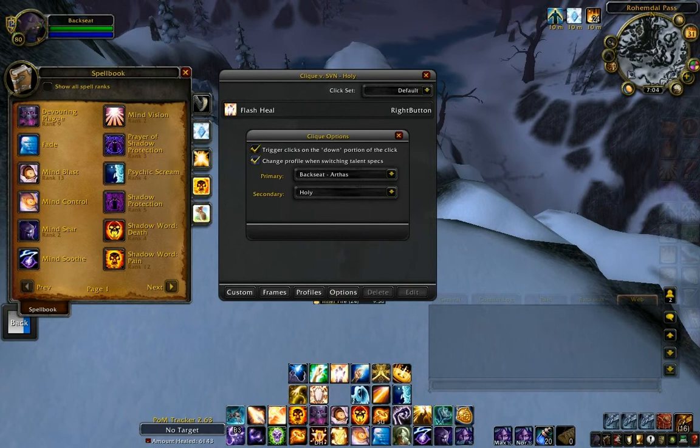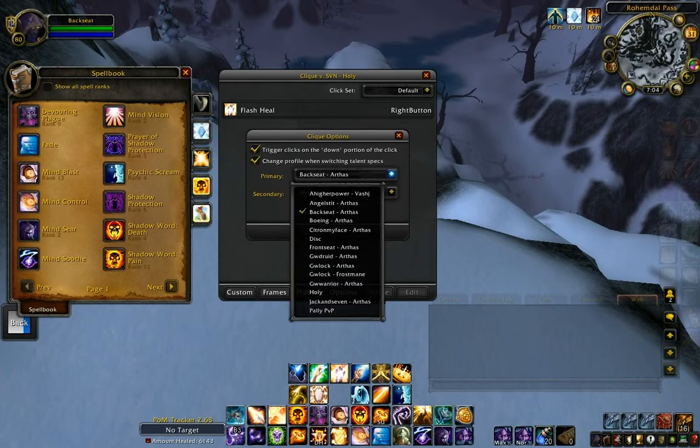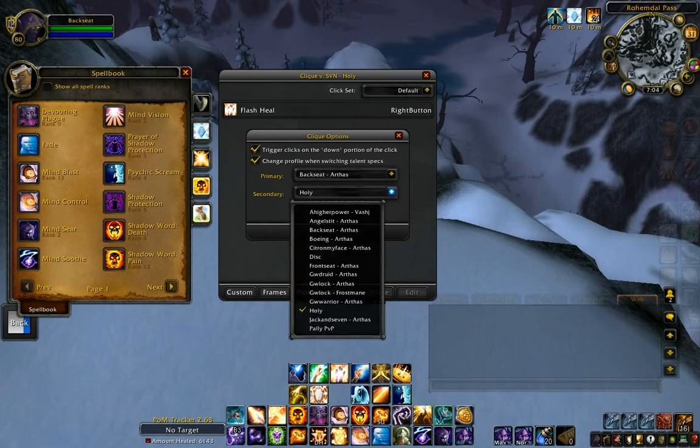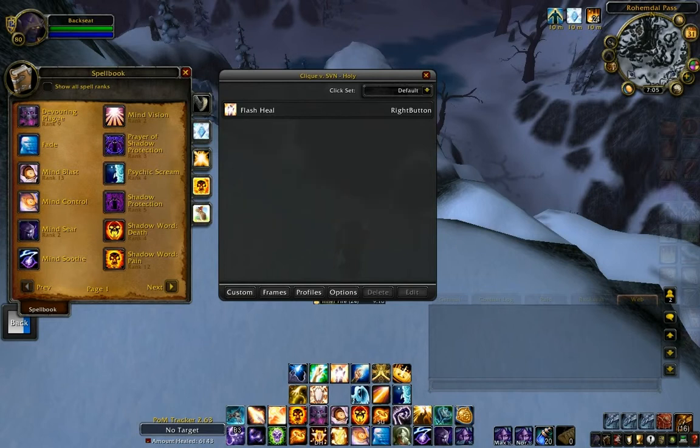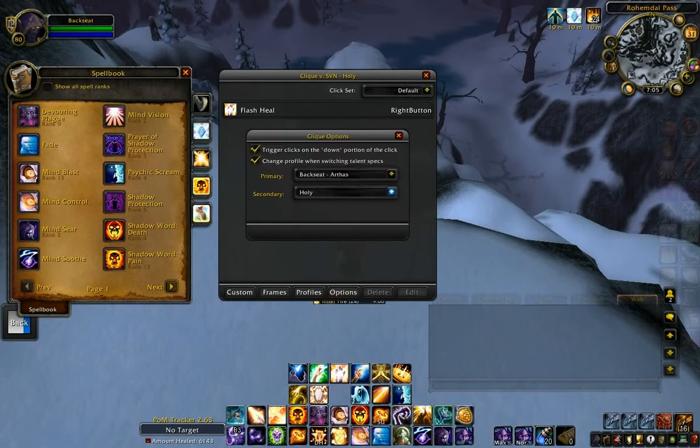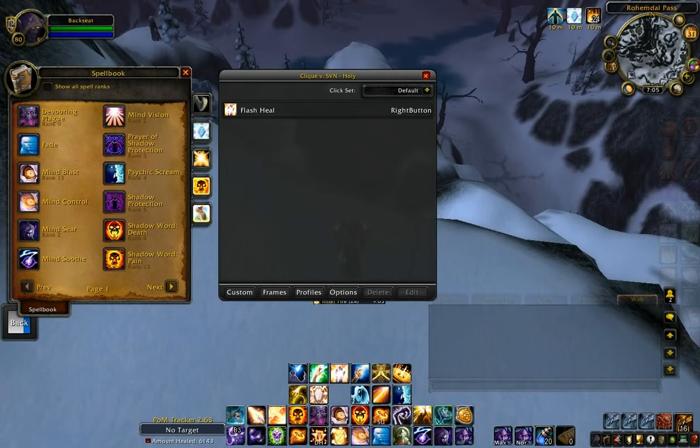Here's another nice feature: change profile when switching talent specs. So let's say when your main talent spec and your secondary talent spec, there's something different and you don't want the same buttons assigned to them, you could have your main primary spec assigned to something and your secondary spec assigned to something else. I have this because I'm Holy / Discipline Priest, and I don't have the same spells for both specs. So once again, click on Options, set whichever one's your primary and secondary, and now